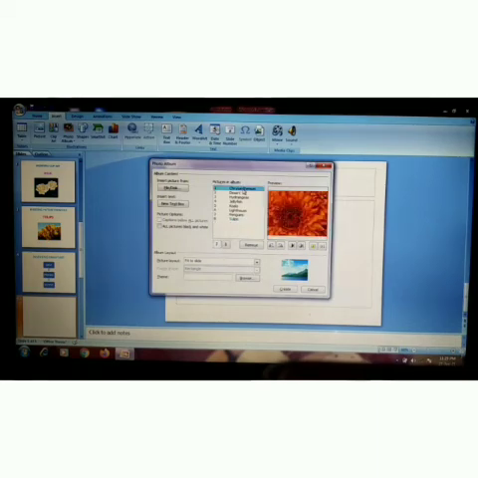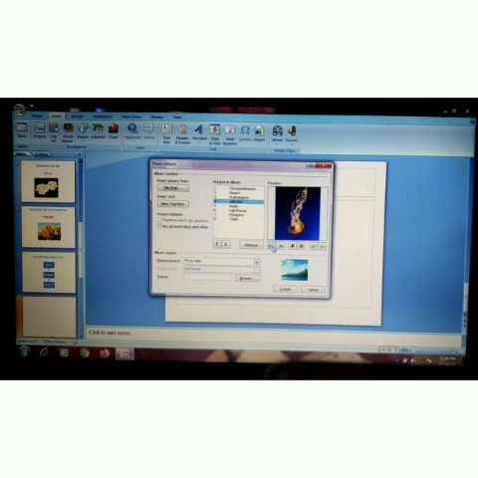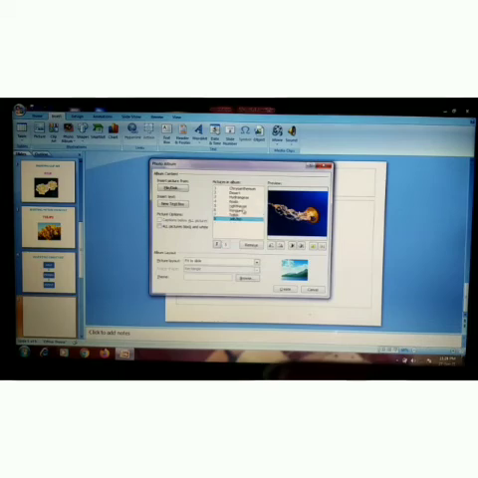Now you can make changes if any. You can change its order. You can rotate the picture if you want. We are changing its order.